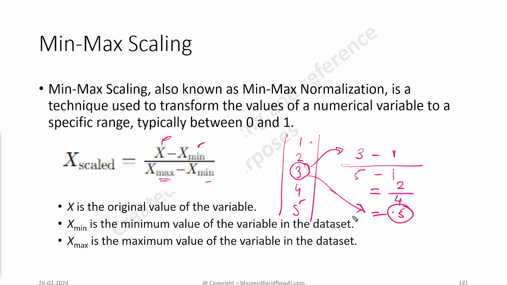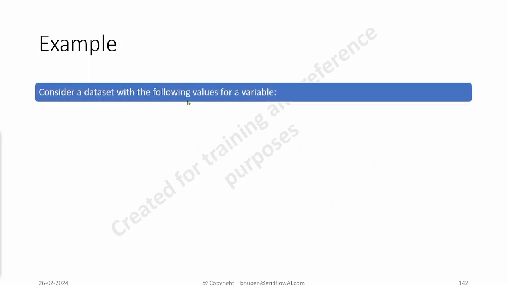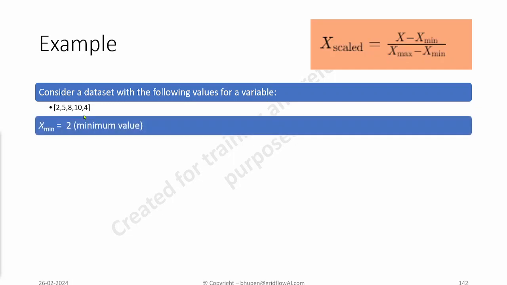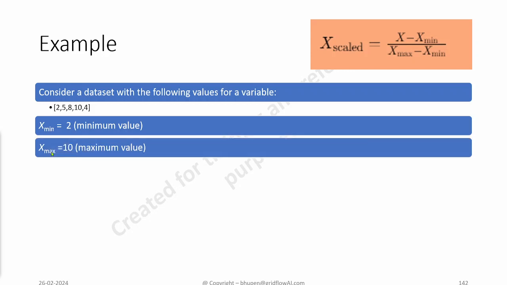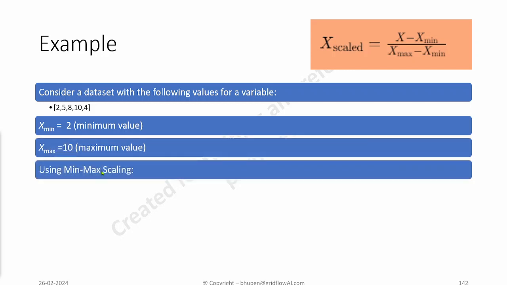And similarly, you're going to do for the rest of the values in the column. So let's take an example here. Let's say we have a data set for a variable, and these are the values. The first step is to find the minimum, and this is the formula that we will use. Then we find the maximum, and then we use the scalar function, which is going to scale a particular